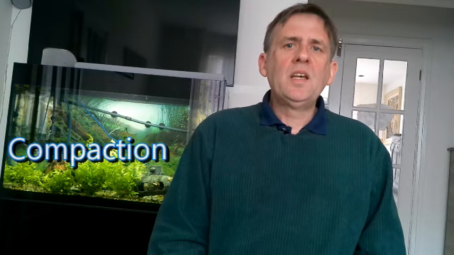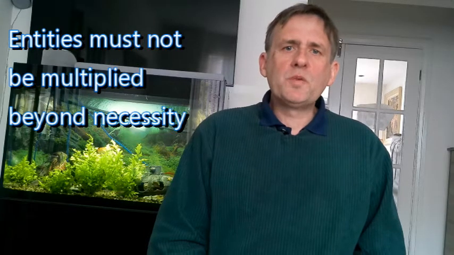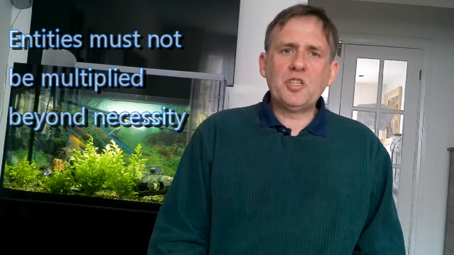Keeping to my letter C's, I am going to refer to Occam's razor by the one-word summary of compaction, in that Occam's razor really is there to compact our model of the universe into its simplest possible form. William of Occam was a Franciscan monk, and his original statement went, "Entities must not be multiplied beyond necessity." Or to expand a little using our previously developed terminology, if a theory is both correspondent and coherent with a certain number of laws and entities, then the introduction of any new laws or entities which do not increase the correspondence of the theory to the reality being described is invalid and must be avoided.